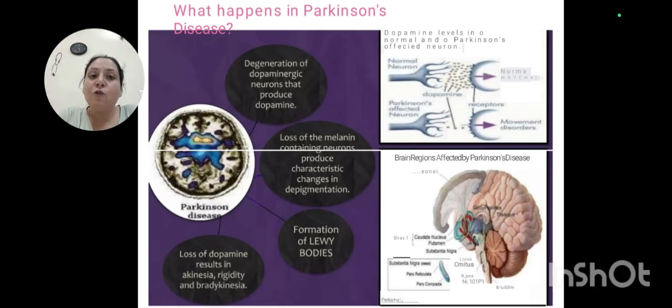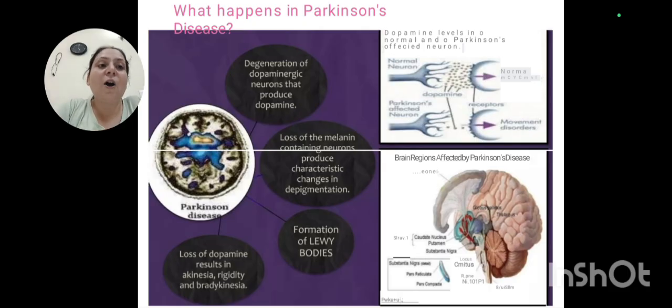There is formation of Lewy bodies, which can be seen in the brain, that is deposition of abnormal protein in the brain, and there is loss of dopamine, which results in rigidity, akinesia and bradykinesia. Now you can see how it is affected. It is affected in the right upper